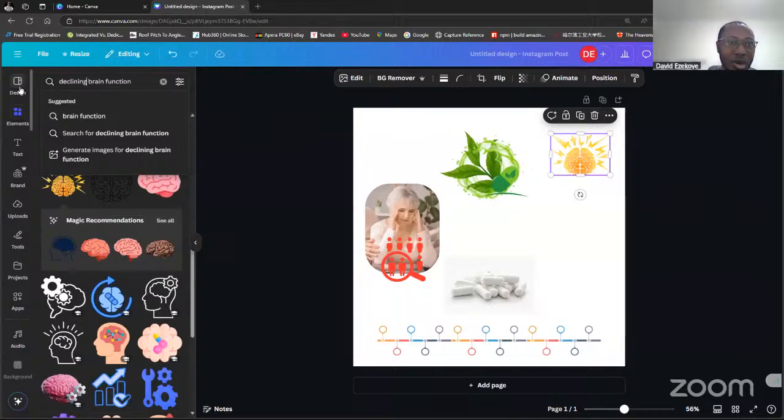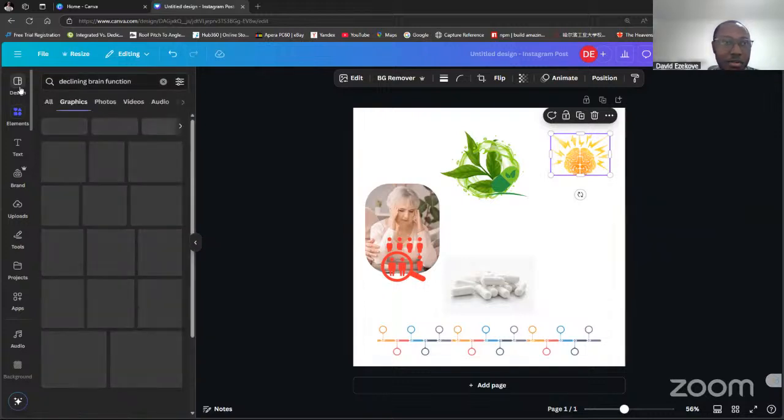So when using Canva, you have a whole lot of visuals and elements you can choose from. That's one advantage of Canva. This is a feature you can't get on many graphic design softwares. Canva has been able to collaborate with various picture libraries to give their users access to a whole range of graphics, pictures, and visuals to choose from. So declining brain function,